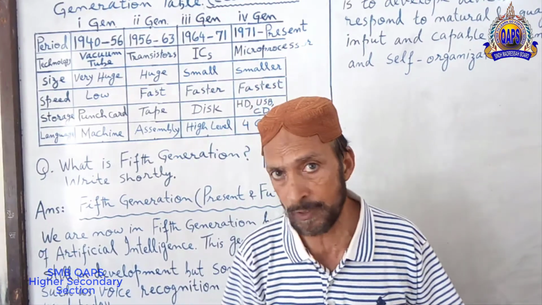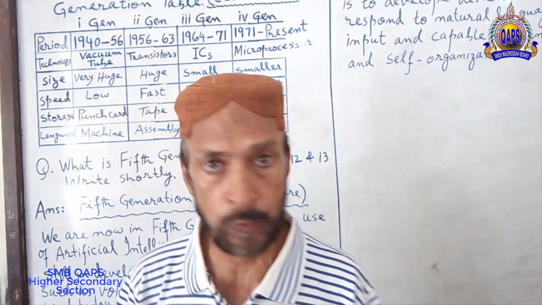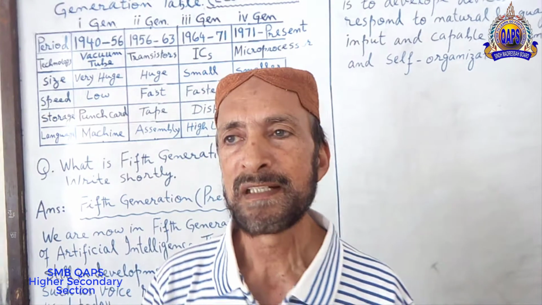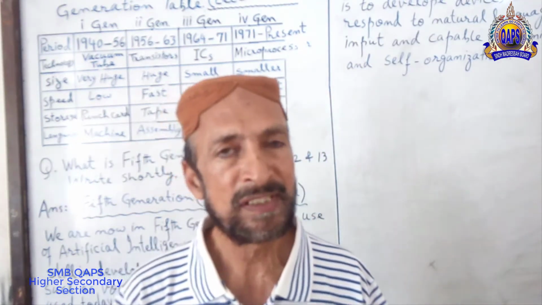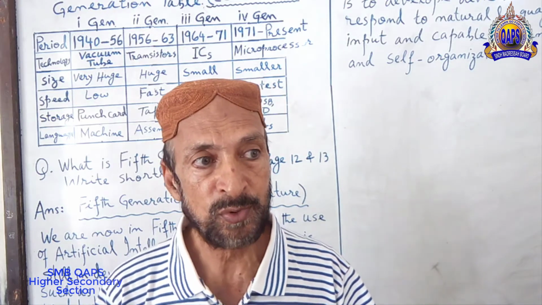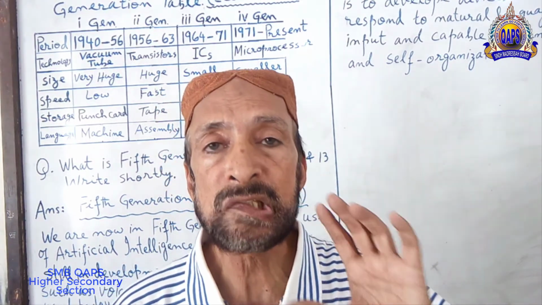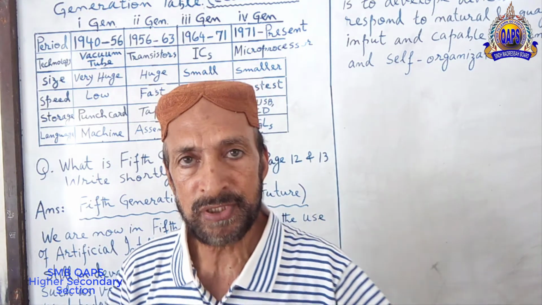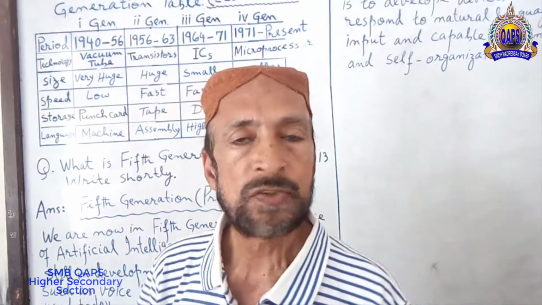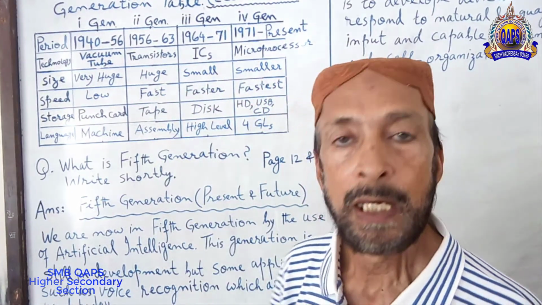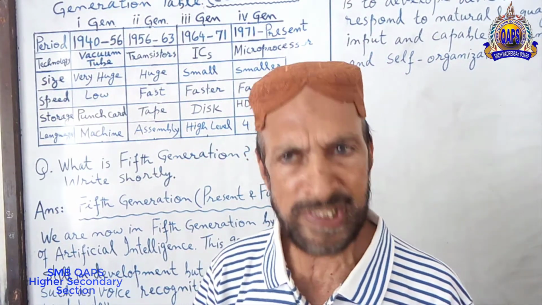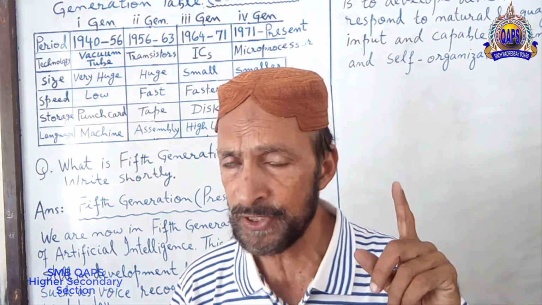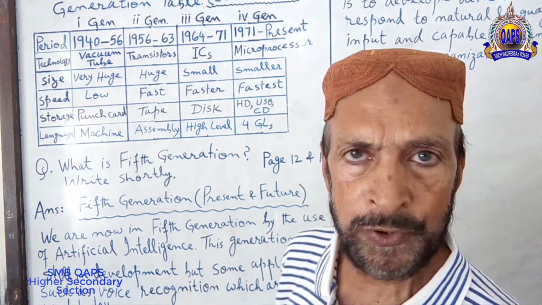Now the time came for fourth generation. Fourth generation computers used microprocessor, and that was the time when everybody liked these computers due to the smaller size, and the cost of the computer was reasonable. So have a look at the generation table and try to learn it in a single glance. You can understand the different generations from first generation to fourth generation. Look at the board now.